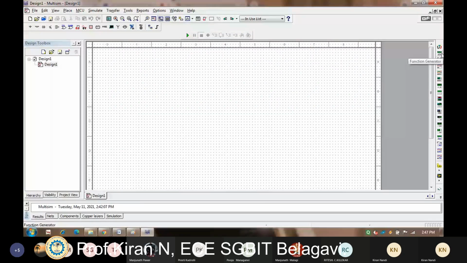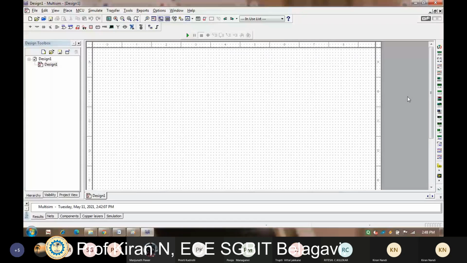So you can see there is a multimeter, a function generator, a watt meter, an oscilloscope, a 4-channel oscilloscope, a single channel oscilloscope, and a Bode plotter. Even a logic analyzer, function generator, and frequency counter. All these options are available here. We will keep on using these options as and when necessary for building up the circuit. I shall go on briefing the things whenever I am using any new components.